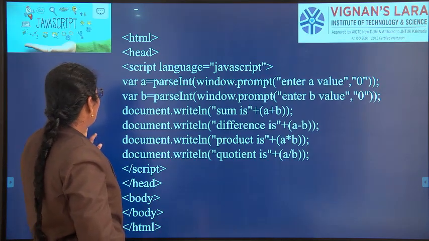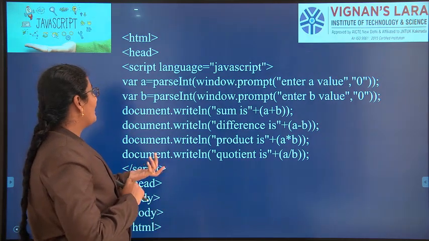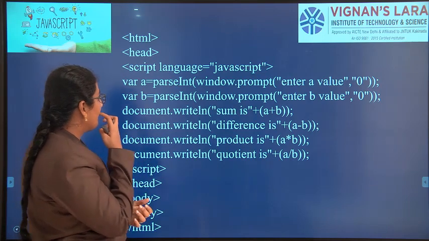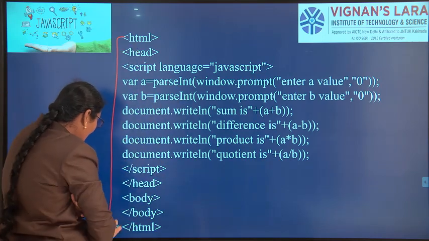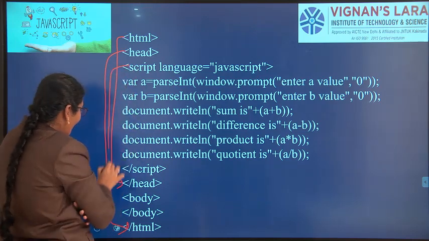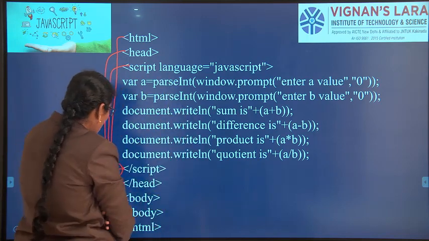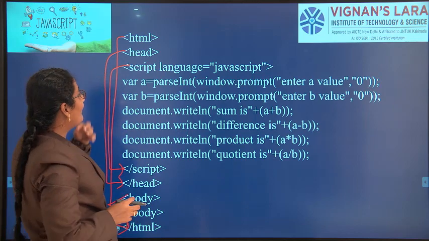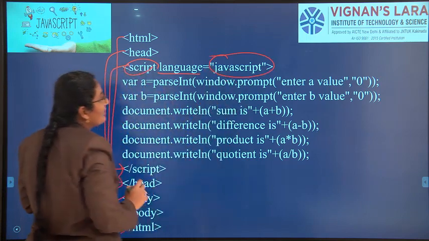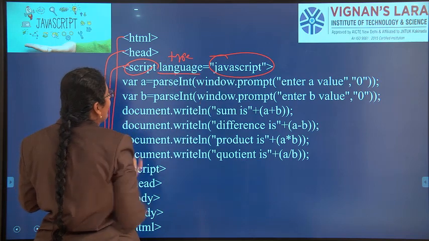And finally, see the example. Till now we have discussed operators. Now I want to give you an example where we can perform addition, subtraction, multiplication and division. See, HTML open, HTML close, head open, head close, script open, script close. So body open and body close also will be there. Now what do you want to remember? The script language attribute is for defining JavaScript. I already told you in the first class. We can use script language or script type, anything, for JavaScript.